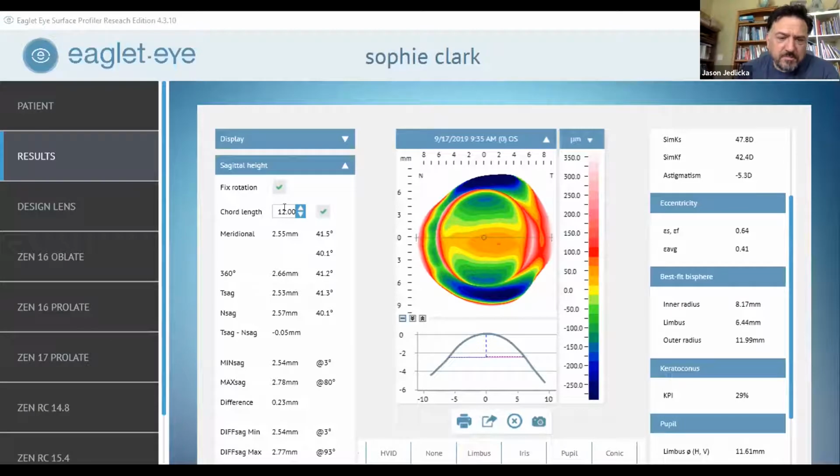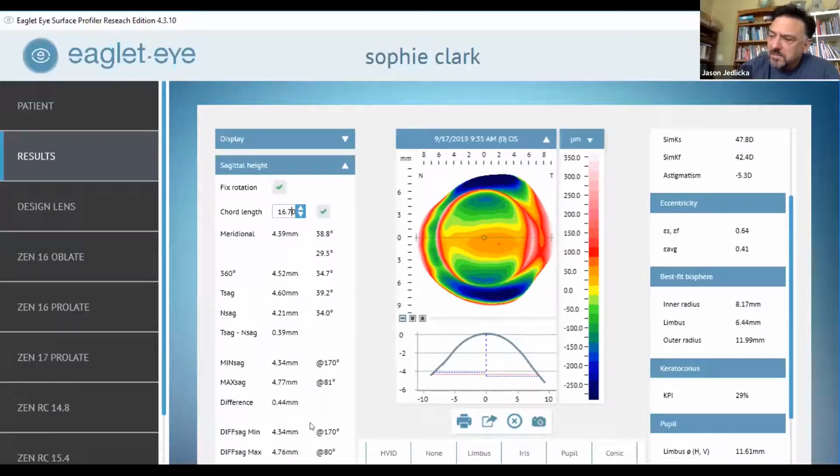If I took this up to, I don't think I have quite 17 of data, but I think I have about 16.7. And now that difference again here is about 430. So in this case, if you take a moment and look at the sag height differences at the area approximately where the lens is going to land on the cornea, or on the limbus, sorry, on the sclera, you can decide, how much of my elevation difference is internal to the point of first landing versus how much is external to the point of first landing.